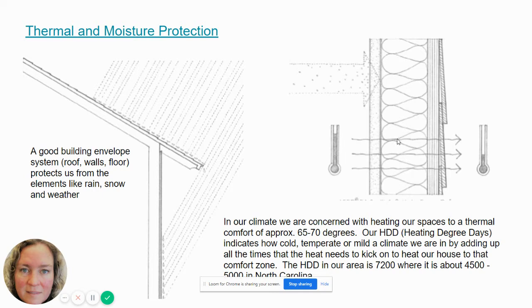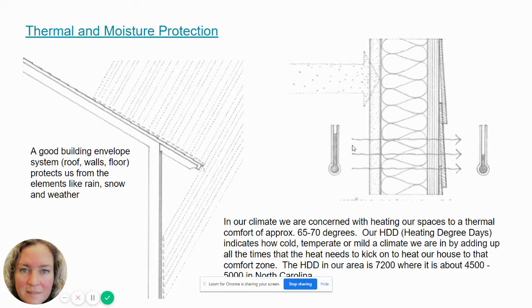The other thing that we're going to be doing, so this is kind of the wet, damp, and moisture stuff. This is the heat stuff here that we're illustrating. So this is representing the inside of the house. This is representing the outside of the house. And what we're always trying to do is keep the heat that we put inside the house, because we're in a colder climate. We are more concerned about making sure that our houses are good to heat and